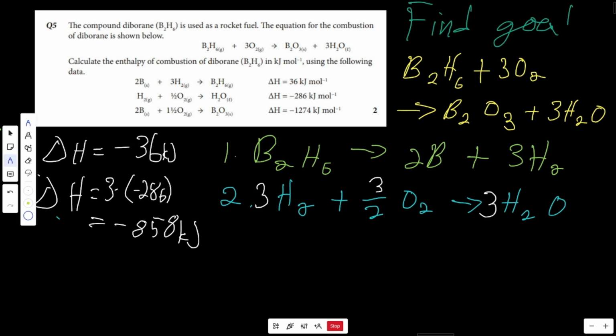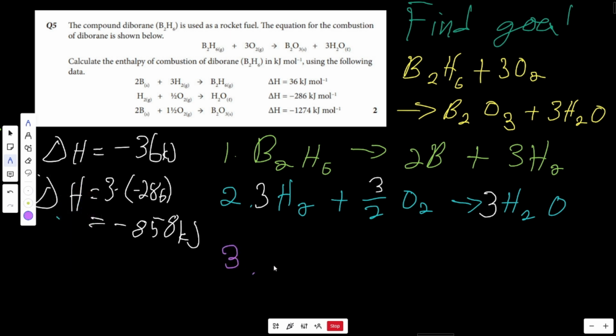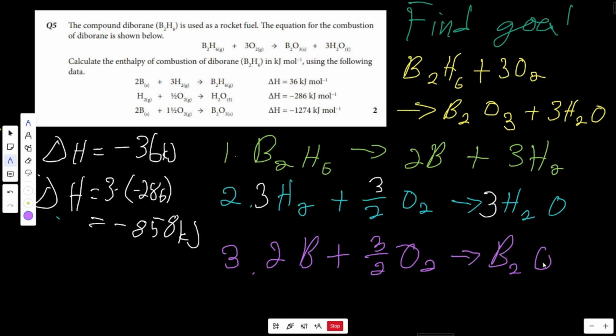So now, on to our third and final step. Our third and final step is 2 borons react with 3 halves moles of oxygen gas to form B2O